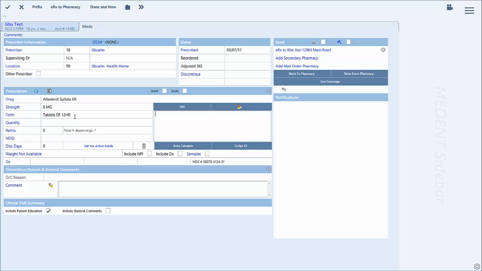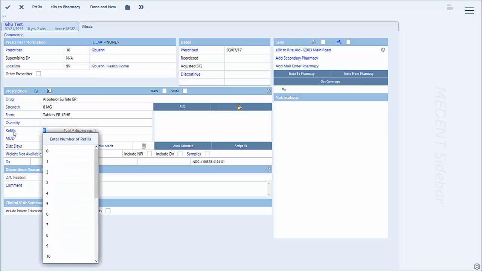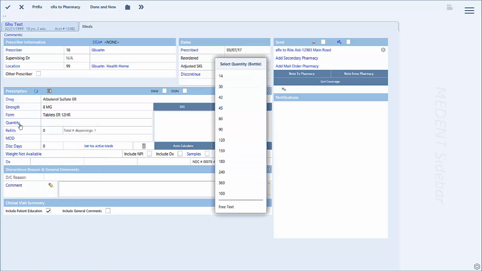This is the medication screen. This gives all of the available information about the current medication that the member is taking. There is an area here for if you're inputting it by hand to write in the dosage. For example, if they needed to take 1 pill twice a day or 2 pills 3 times a day or what have you. There also is a space to put in refills if they have to take any. You click the blue text and then select the number of refills that they have on this medication, the quantity, how many pills are in the bottle,